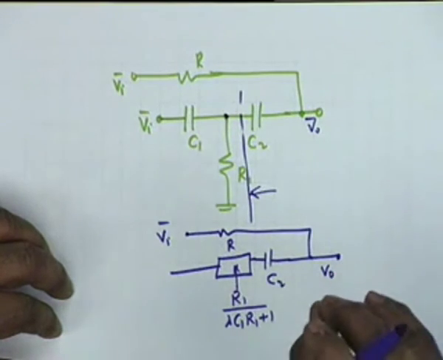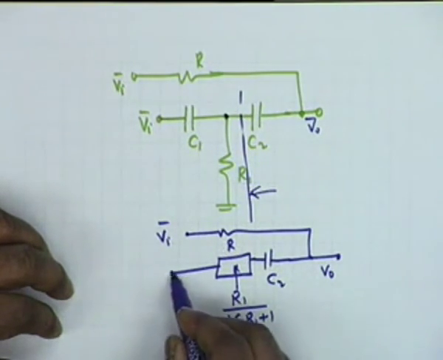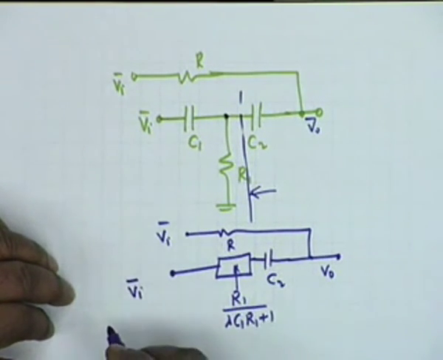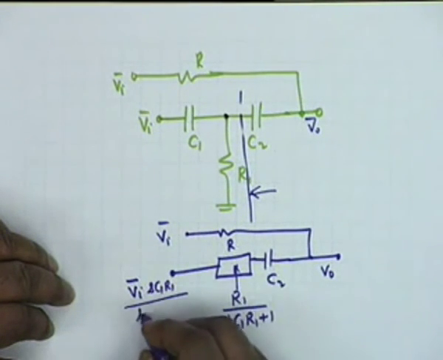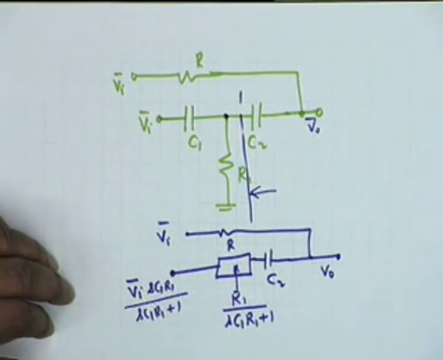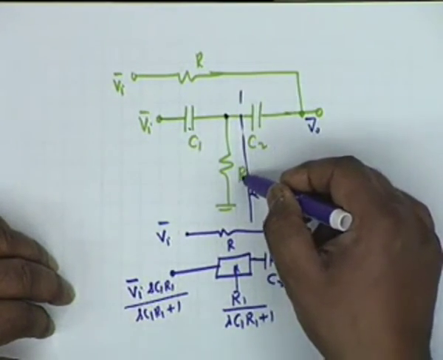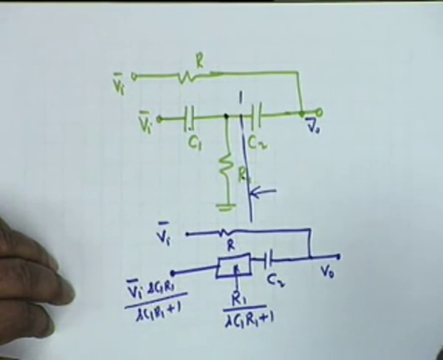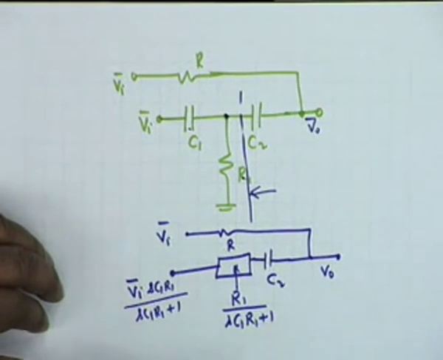R and C in parallel gives R over S C R plus 1, and the voltage source here would now be not Vi but Vi, yes, S C1 R1 divided by S C1 R1 plus 1. That is the potential division between C1 and R1. So Vi R1 divided by R1 plus 1 over S C1 R1, which simplifies to this. Alright. Now the circuit is extremely simple.